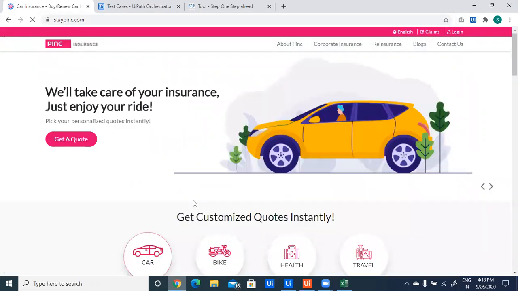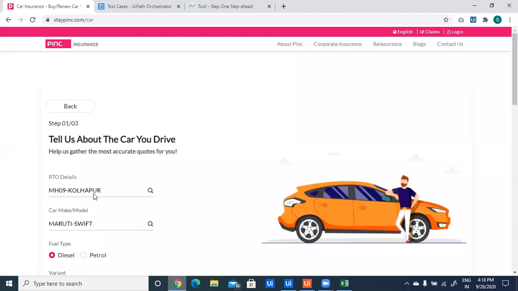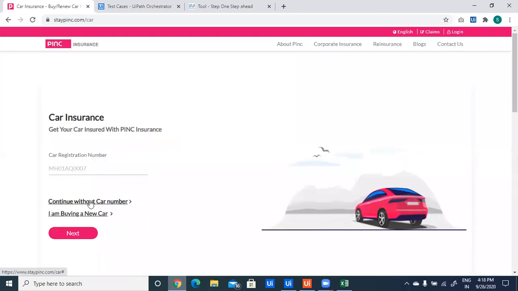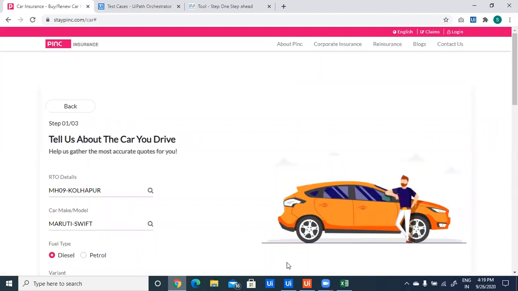After clicking on the car, I need to click on this back button. Then I need to click on this continue without car number, so I use the click activity for this. And after that, I have to enter the RTO details, so I have used a type into action.